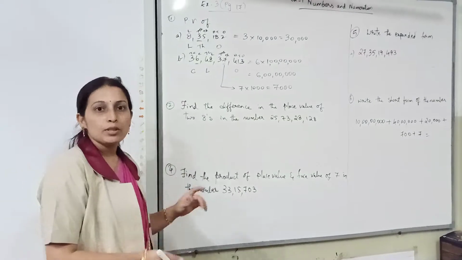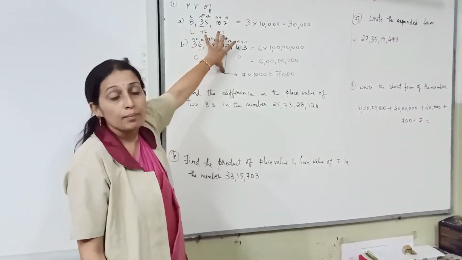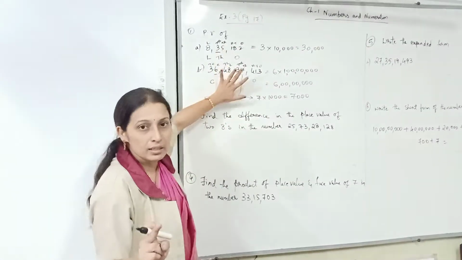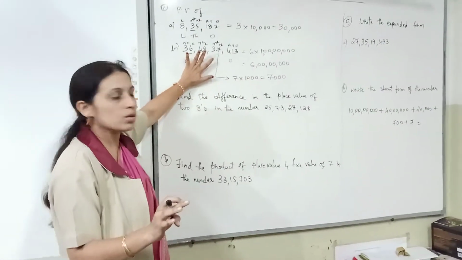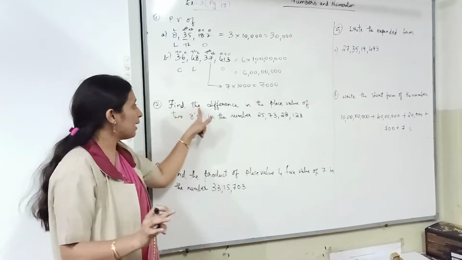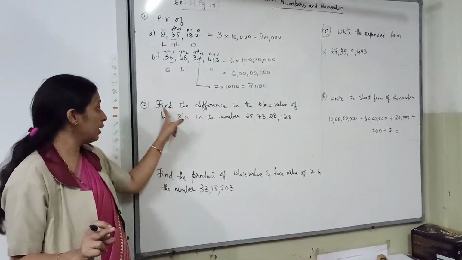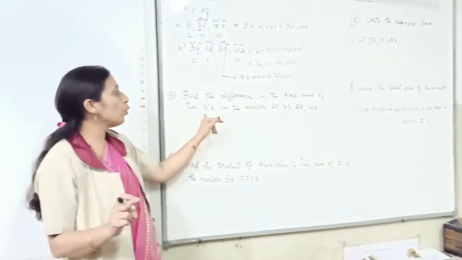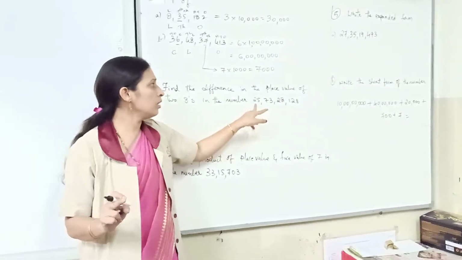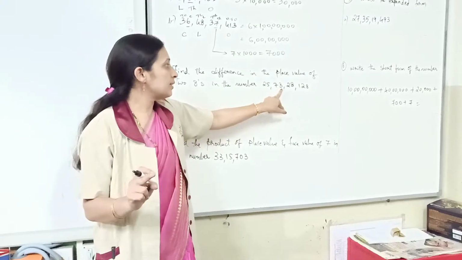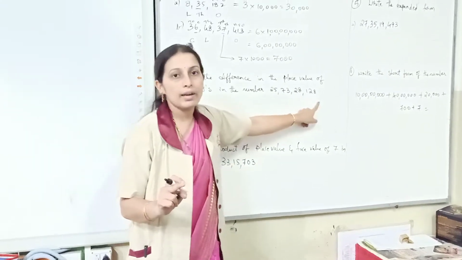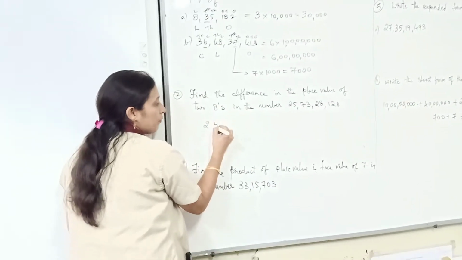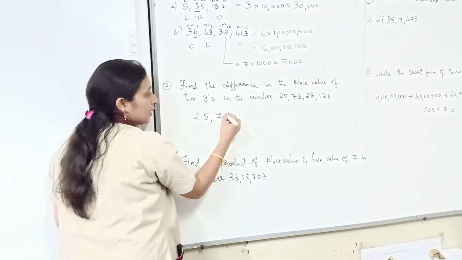Now, let us come to the next. After finishing this bit, there is homework also listed in the log. Complete this whole bit as per the homework also and then come to this bit. Now, find the difference. Read the question clearly. Find the difference in the place value of 2 8s in the number 25 crore 73 lakhs 28,128. First write the number. What is the number given here? 25 crore 73 lakh